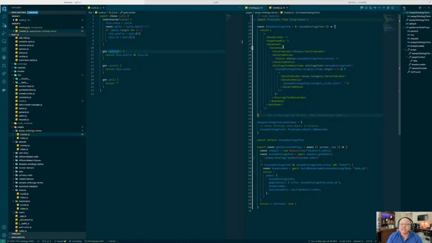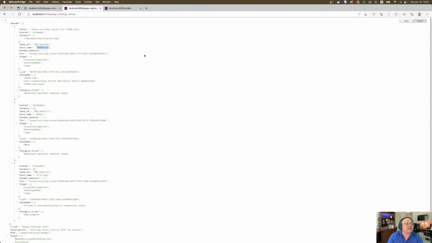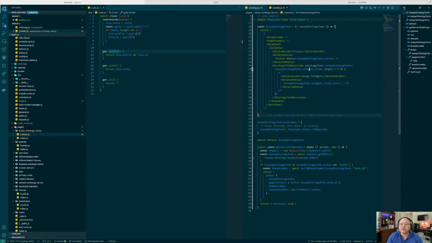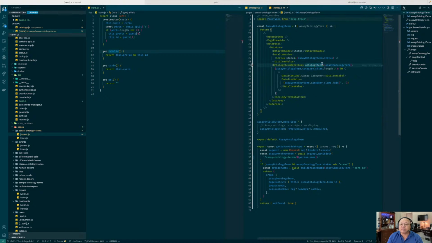Okay, so the ID only comes in here. Category slims. Yeah. So ontology term. So I need to convert